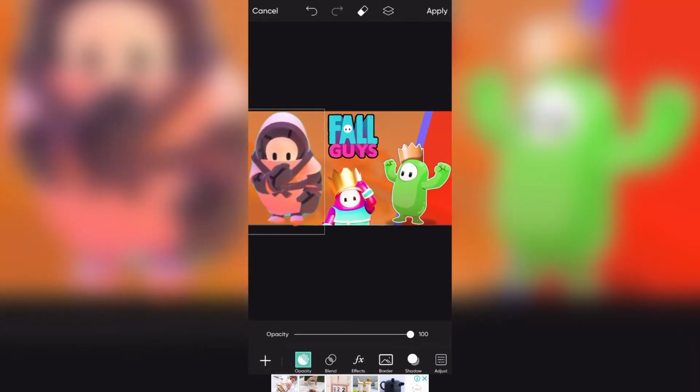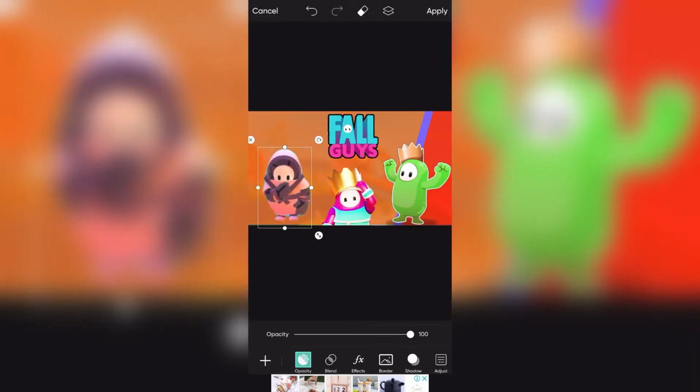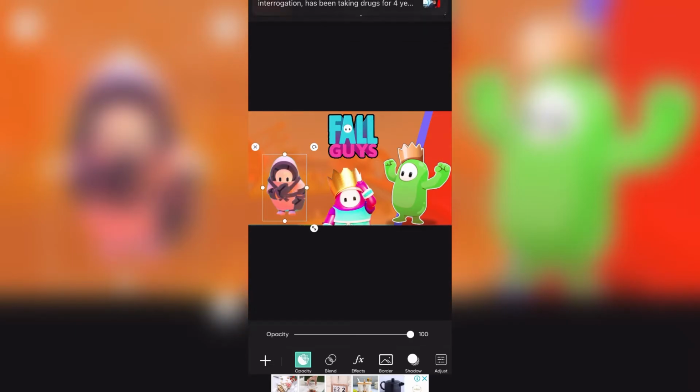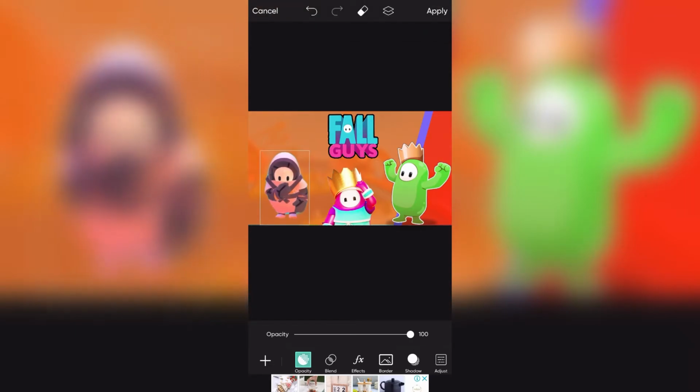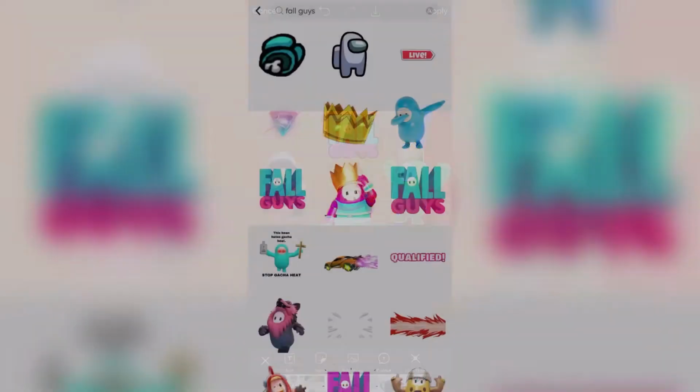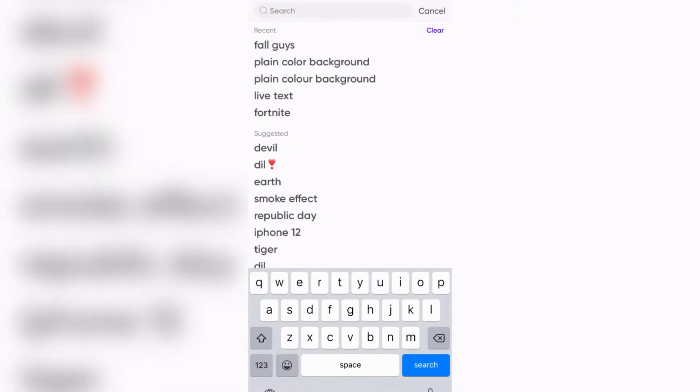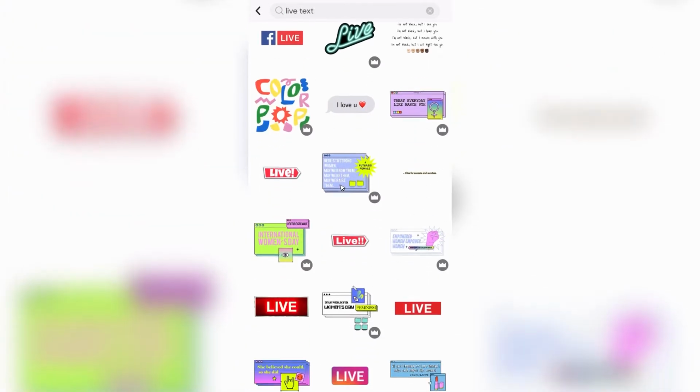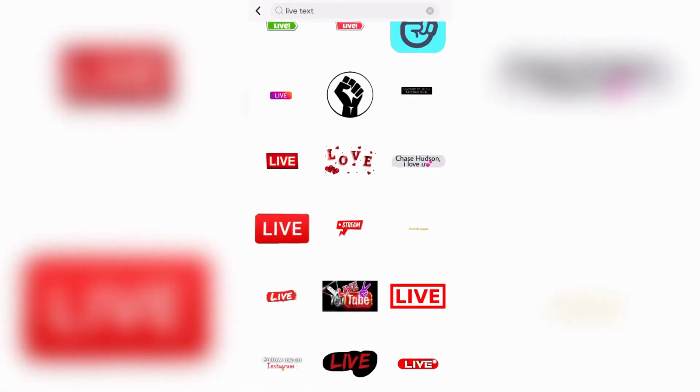You can make the ninja bigger, it's your choice. If you're BGMI, you can make two things, three things, any of the things, guys. It's your call totally. And suppose, guys, the most attractive part is live text. Live text is very, very important, guys. So just search live text over here, you will get a bunch of options.